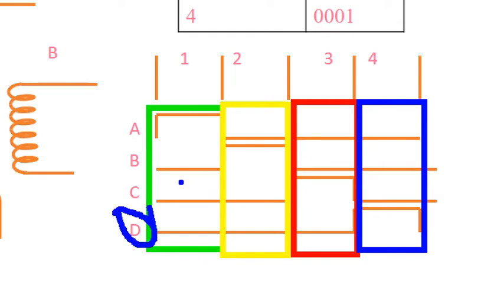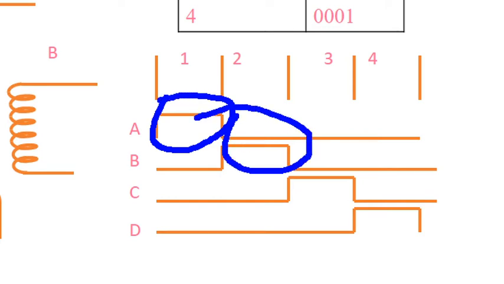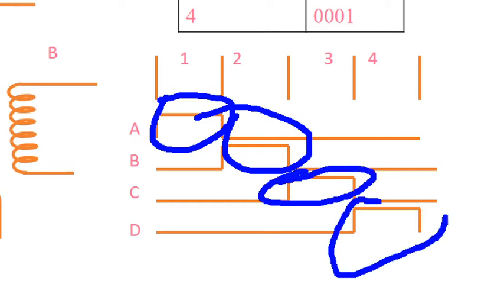So this one is the active high during the last case, the fourth case. These are the individual ones: 1, 2, 3, 4. Here, during the first pulse, A only has the active high signal. During the second pulse, B only has the active high signal. During the third pulse, C only the active high signal. Just like that, during the fourth pulse, D only the active high signal.